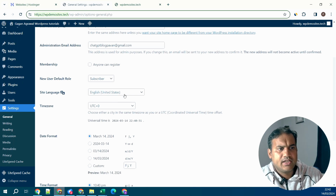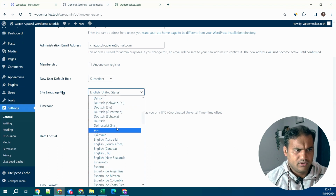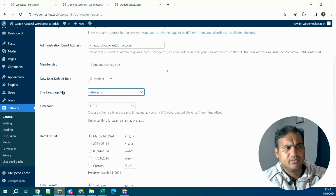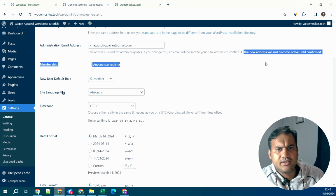Site language. So site language currently is selected as English. You can select whatever language you want, and it will show the website in that language. So if I say African, then all the content over here which is written in English will show